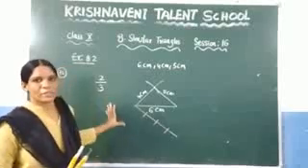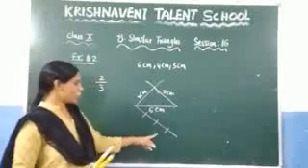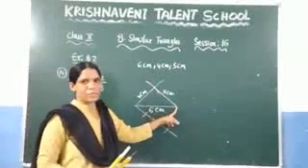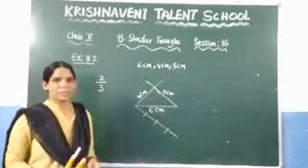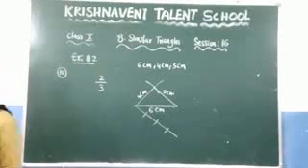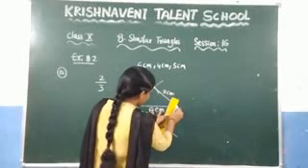After that you need to check what the denominator is. So what is the denominator here? 3. So you need to join the third arc and this vertex. This is the process you need to follow if you want to construct a similar triangle. So let us draw that one. Join the third arc and this vertex.